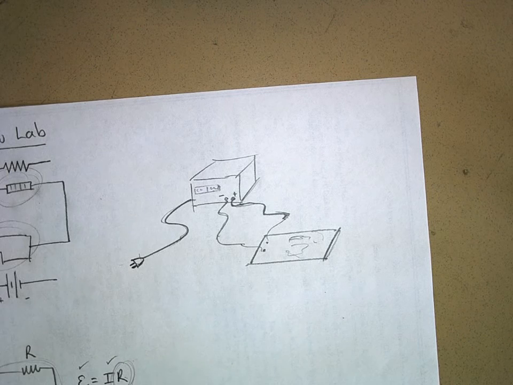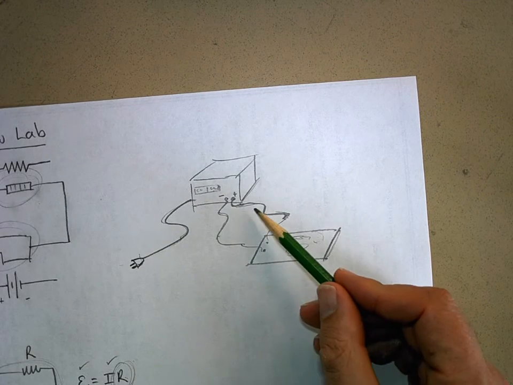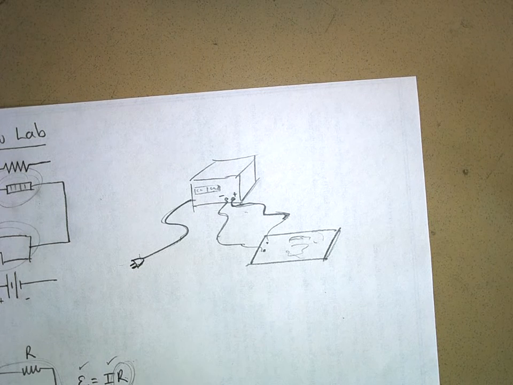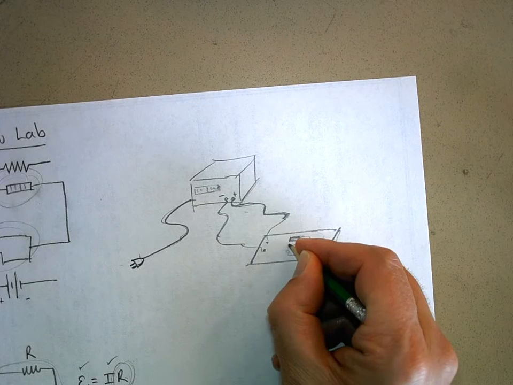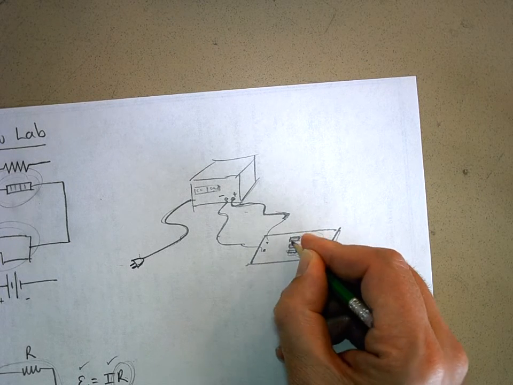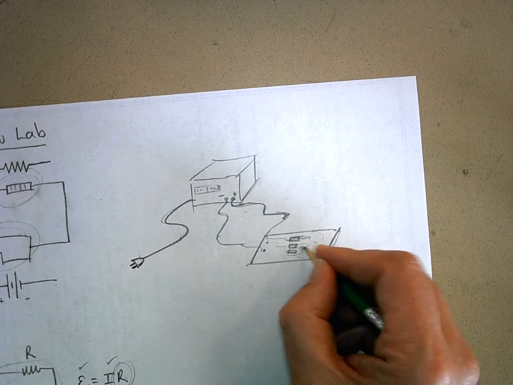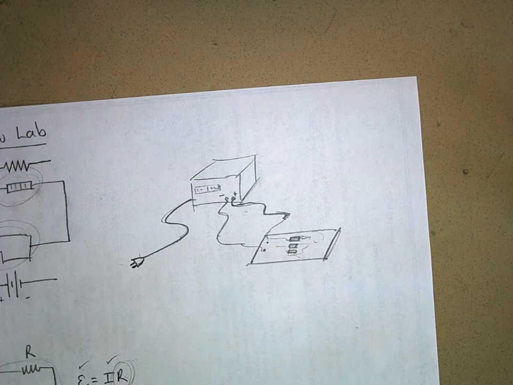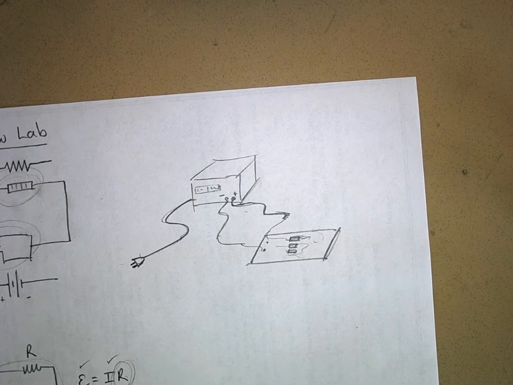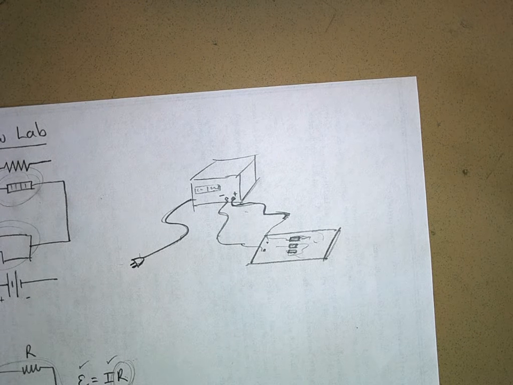Now, so this box thing that I've just drawn that you see there on the table, that's going to be our source of voltage. Now on the circuit board are going to be different resistors, and so all we have to do is hook up these wires to these resistors, and we can control what the resistance is, but we have to measure the current. We also want to measure the voltage that I'm delivering to the resistors. Okay, to measure